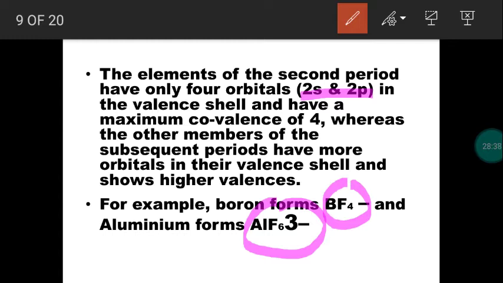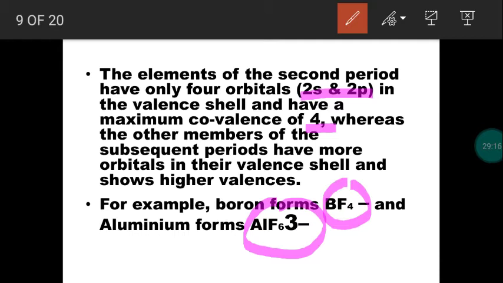So what about valency? Valence electron 1 means valency 1. Valence electron 2, valency 2. Valence electron 3, valency 3. Valence electron 4, valency 4. Valence electron 5 means 8 minus 5, 3. So this is one possibility. Valence electron 5 for second period element, for example, nitrogen, 8 minus 5, valency 3 for nitrogen. In same way, what is the maximum valency? Maximum valency 4, right?